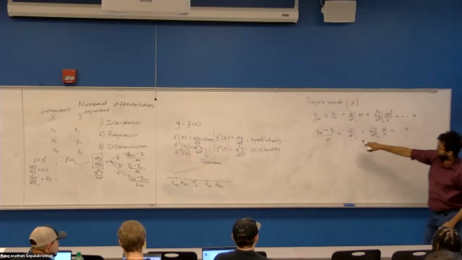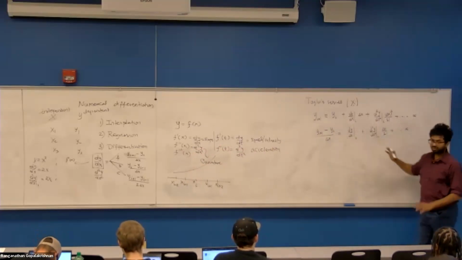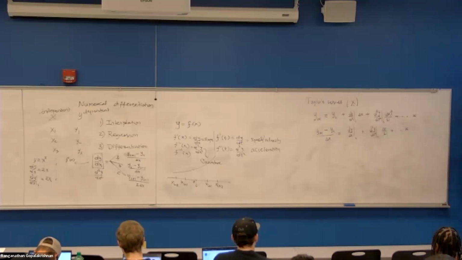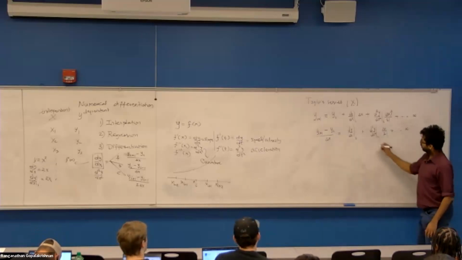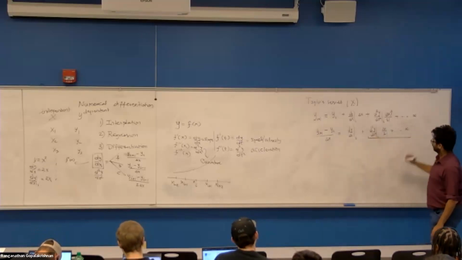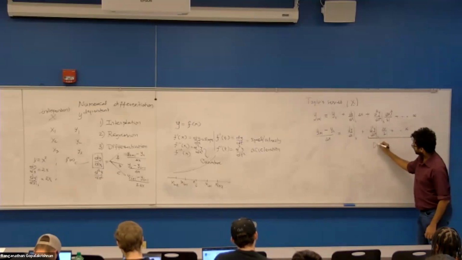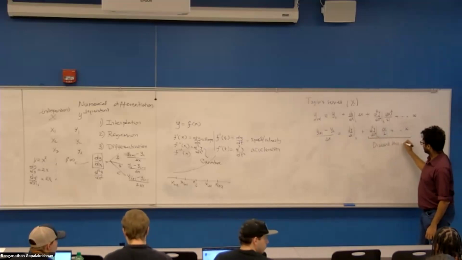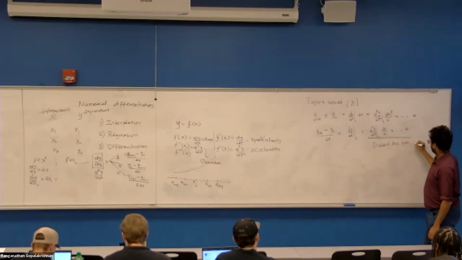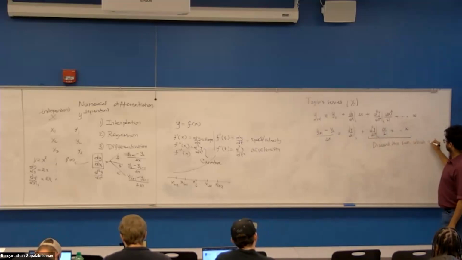Until now, there is an equality sign because we haven't thrown away anything. It's all exact on both sides, both the left side and the right side. Now, we will discard this sum, which now becomes